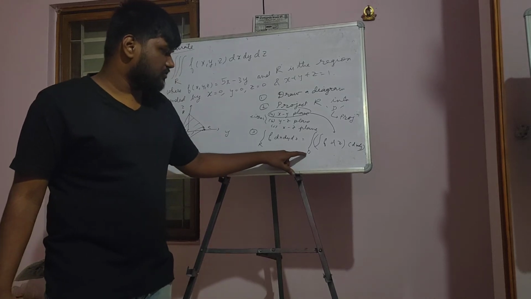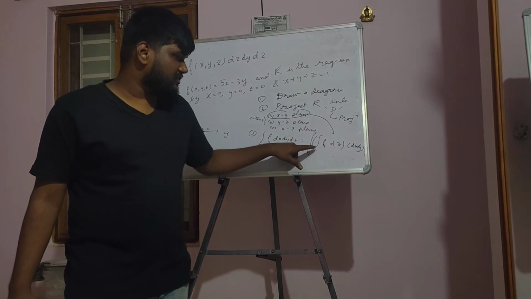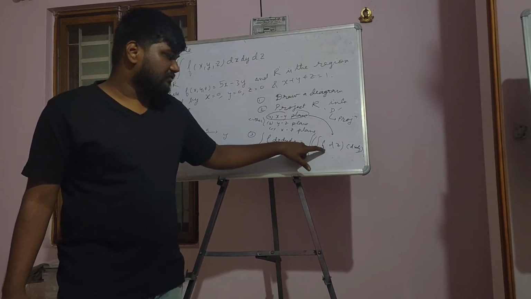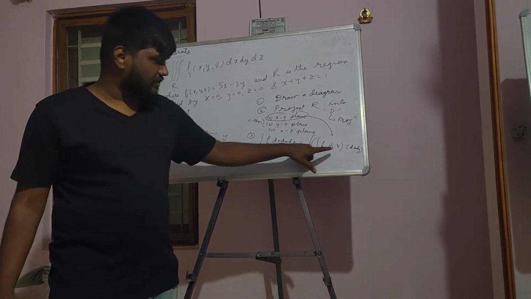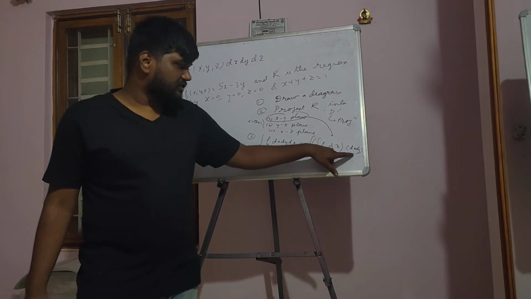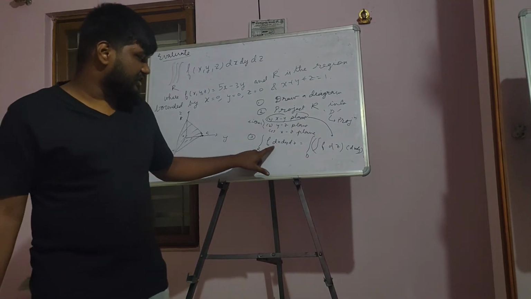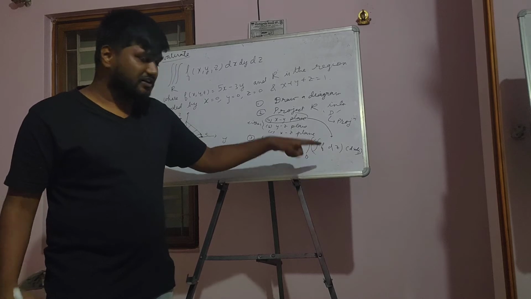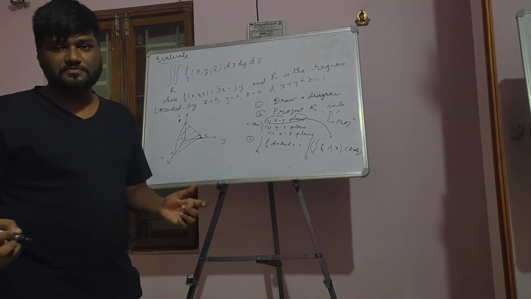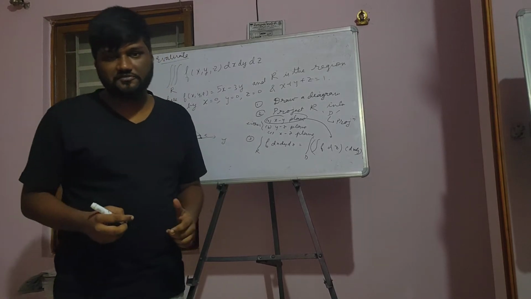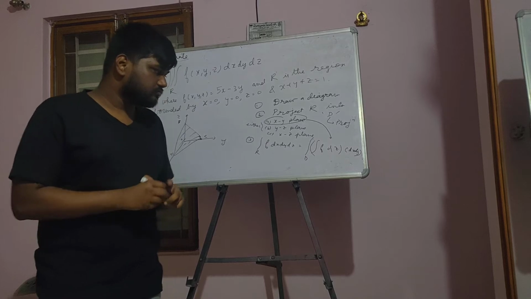I have talked about this in the last video, how to integrate a double integral. After integrating with respect to z, the resultant will be a function of x and y, and you want to integrate it with respect to dx dy. That means it is a double integral. So essentially we have reduced this into a double integral after integrating with respect to a fixed variable. Once it has been reduced into a double integral, it is just the case we studied up to now. So that is how you do such problems.